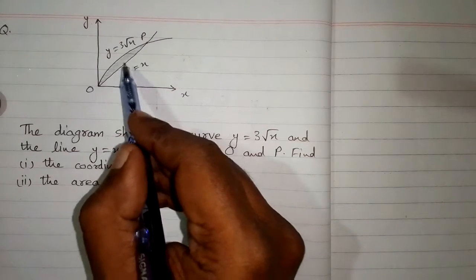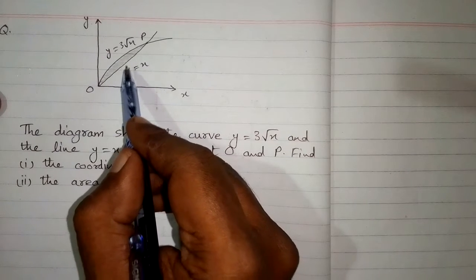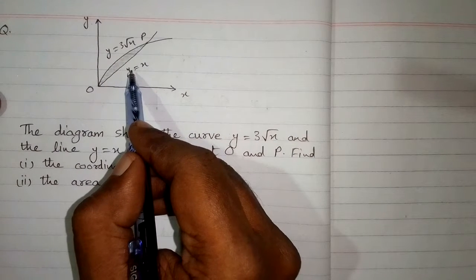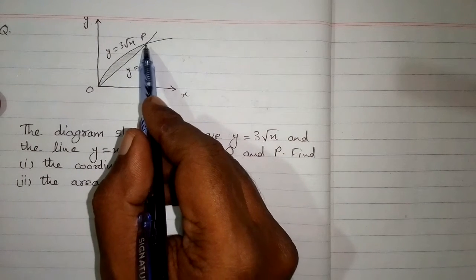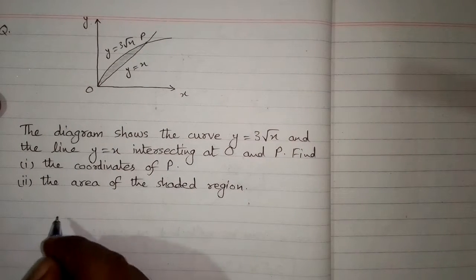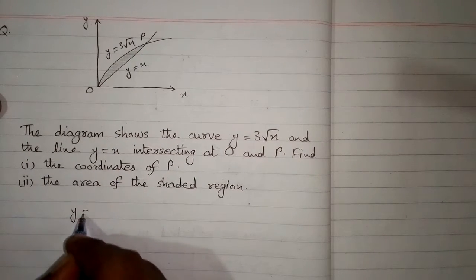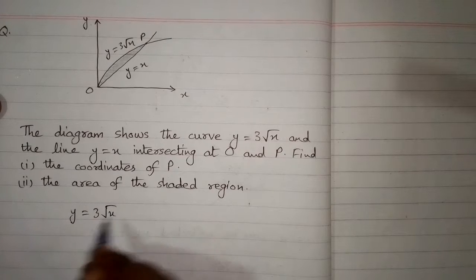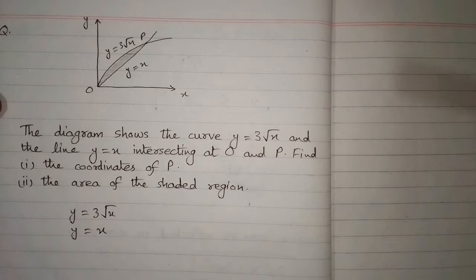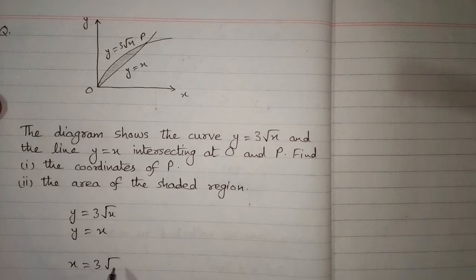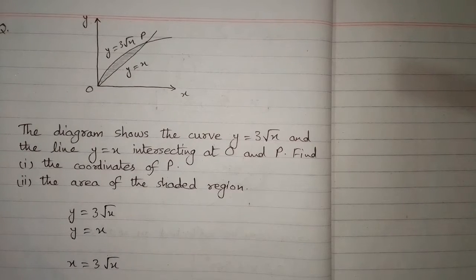So first of all, we have two equations and we will solve them simultaneously to get the point of intersection P. So we have y is equal to 3 square root of x and y is equal to x. So we put the value of y, which is x, over here. So we have x is equal to 3 times the square root of x. Now squaring both sides,